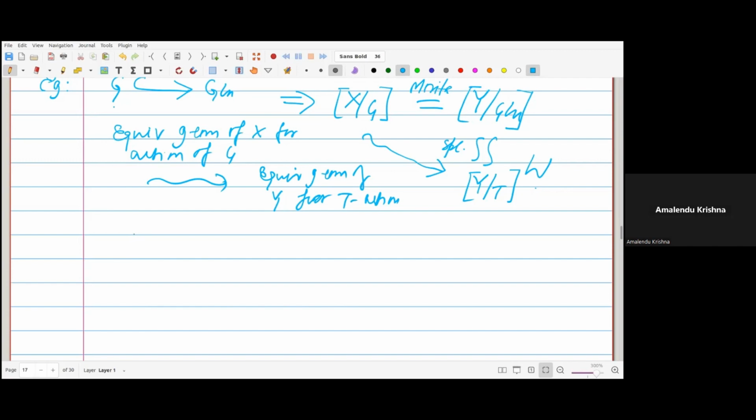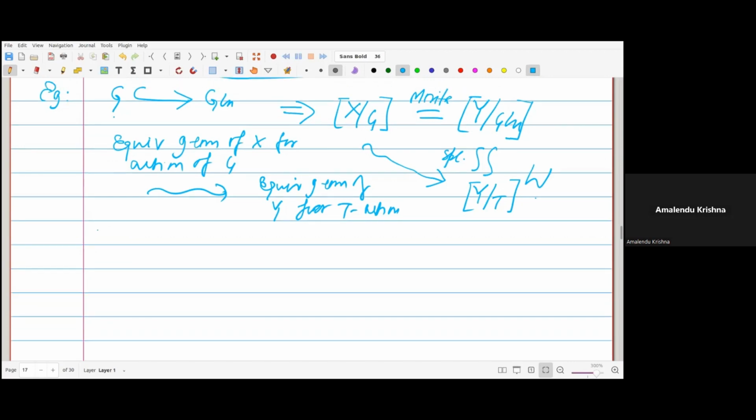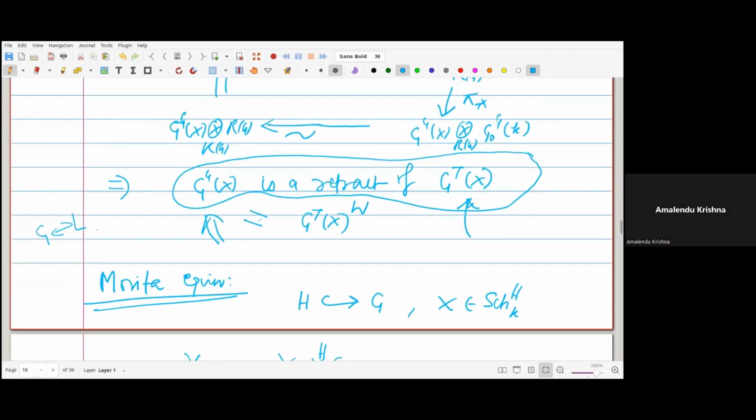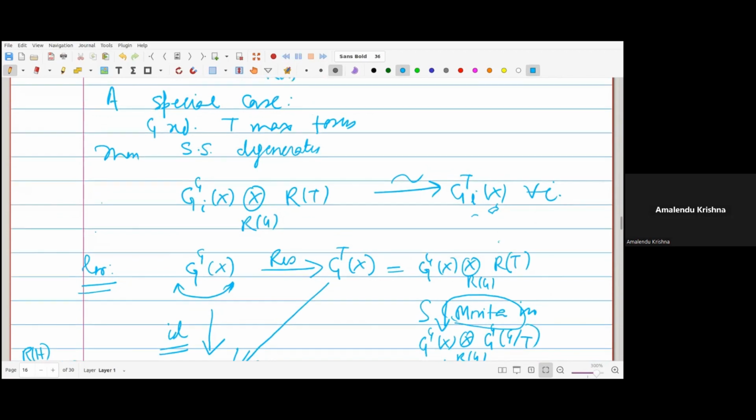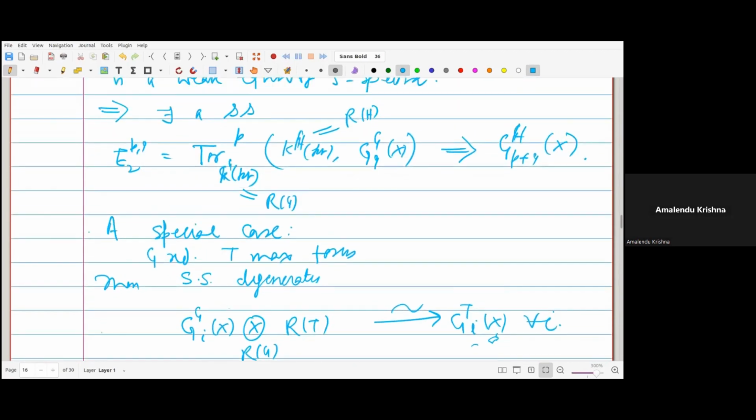So now, what do I want to say? I have very few minutes left, so I should quickly wrap up. In the end, what do I tell you? Some more application of this. So now finally, another thing I should remind you is that we have this spectral sequence, right? Suppose you take H to be trivial,